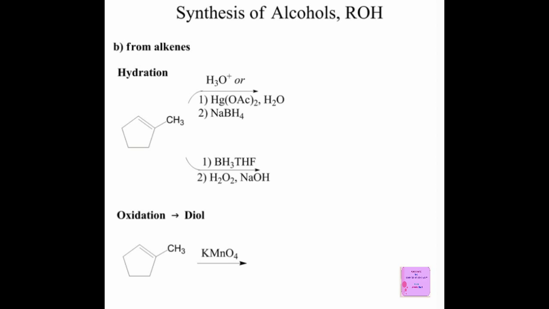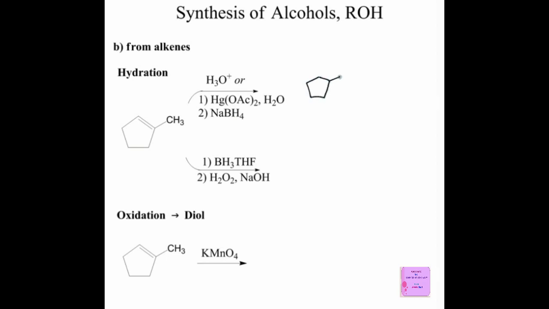Okay, another reaction we've seen in the past that gives an alcohol product is starting with an alkene starting material. If you add water across an alkene double bond, you'll end up with an alcohol product. For hydration, remember we saw 3 different methods for adding water across a pi bond. If we used either H3O+ or oxymercuration-reduction, or oxymercuration-demercuration, this was the case where we